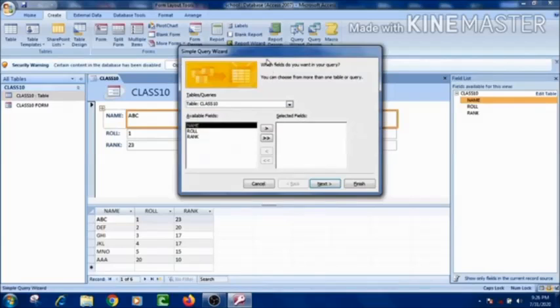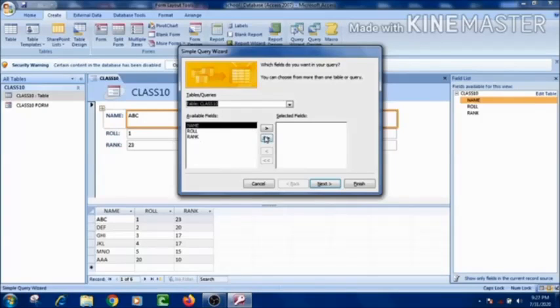On doing this, again another dialog box appears. In this dialog box, I will select the class 10 table, then we will move to another column which is known as available fields. It means it is going to display the fields available in the class 10 table.